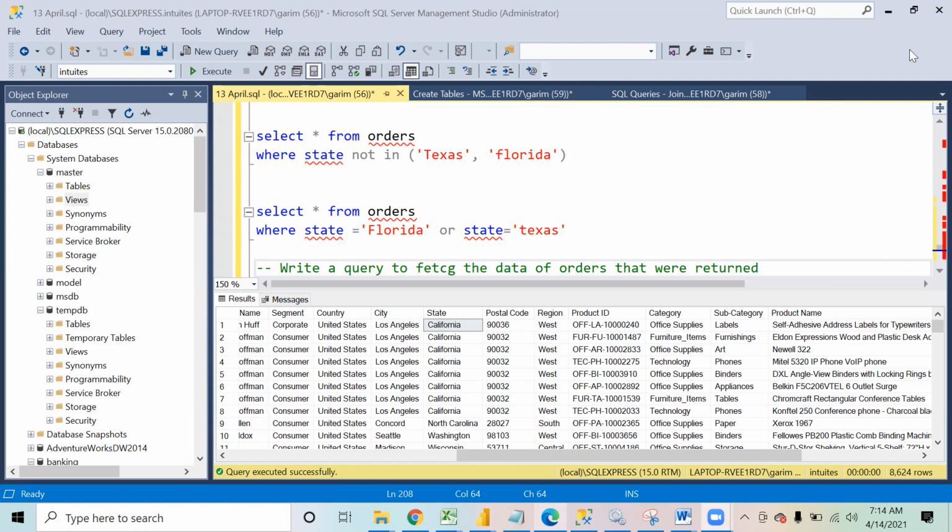Okay. So can you all now write a query to find the maximum sales? Write a query to find the highest sales. What was the highest sales value? Right. So simple query, right? Simple max of sales from orders, right?